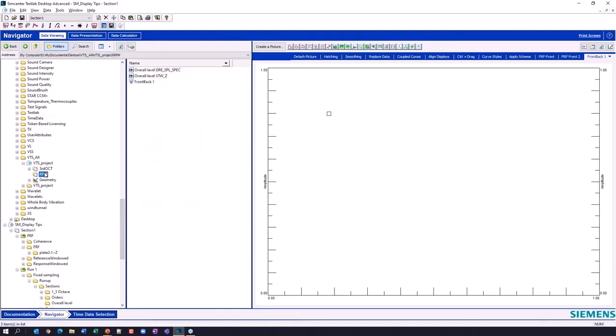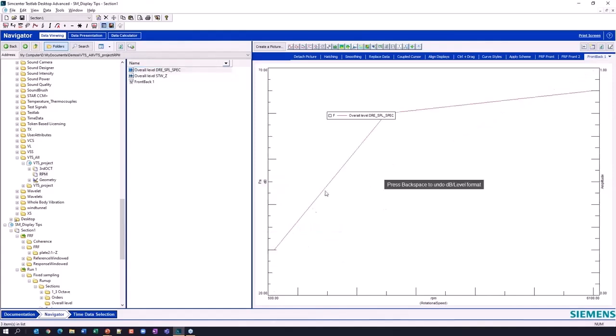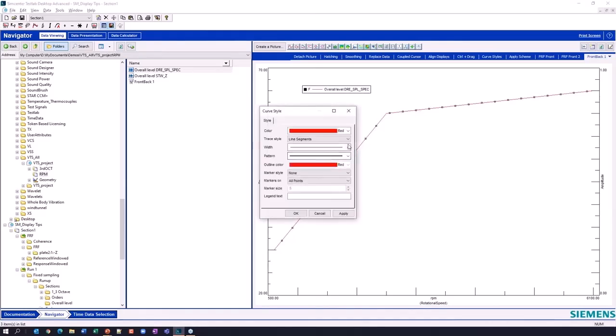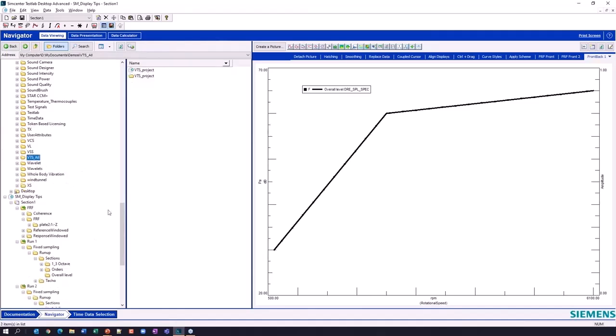And so if I go in here and say I've got a project where I created some target lines and I throw that data point in here. So now I've got a decibel level versus RPM that my driver's ear is not supposed to exceed. Just because it's a target, I'm going to make that black line, and I'm going to add some width, say. This is front back, and I don't want to have to always find this targets project and go and drag and drop that data in there.